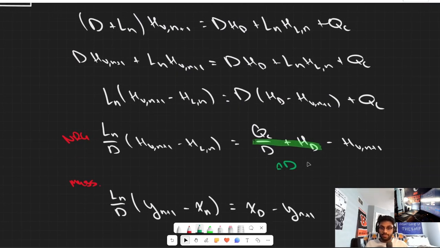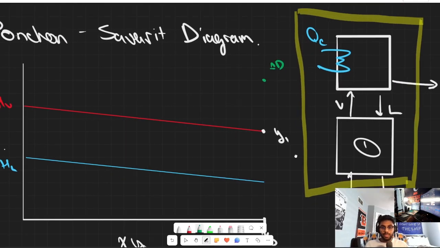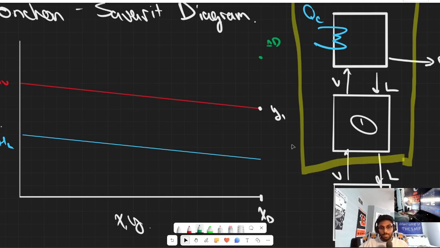This definition here, that's what we have. So in the Ponchon-Savarit diagram, what ends up happening is that we start drawing these lines. This first line starts at the difference point, goes through our Y1,